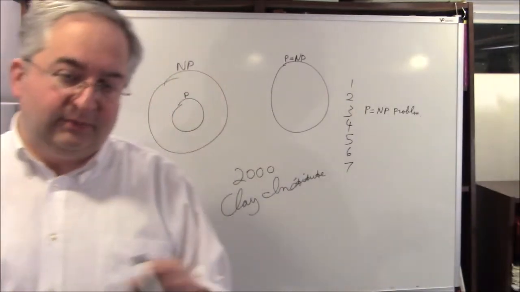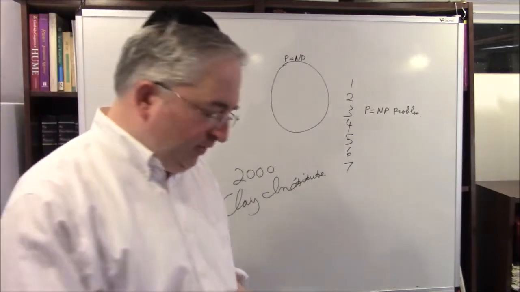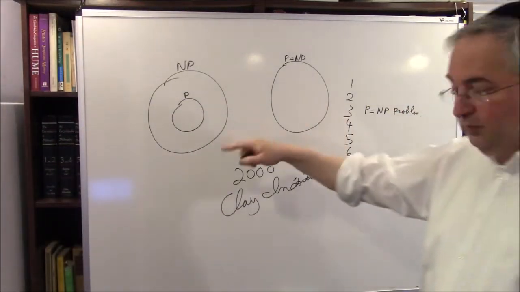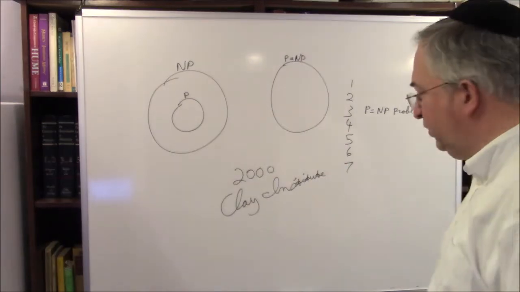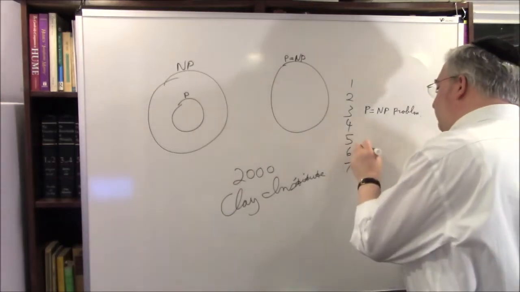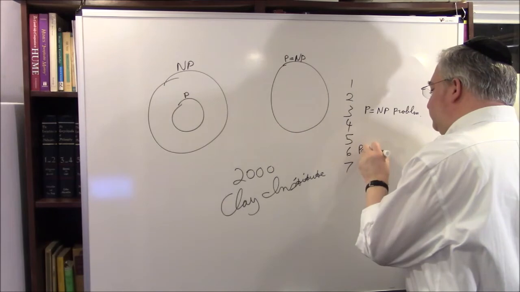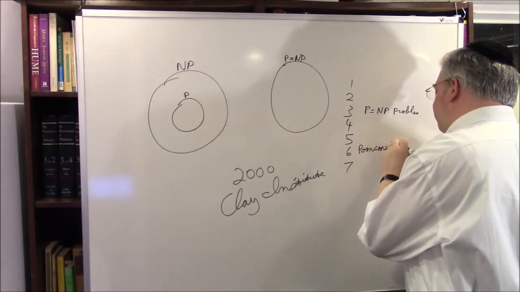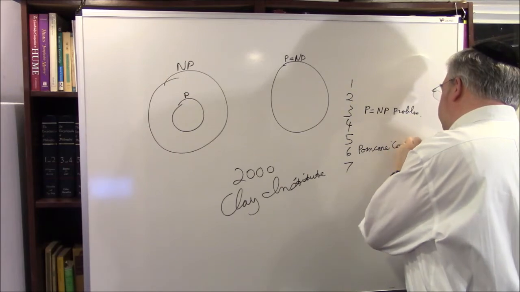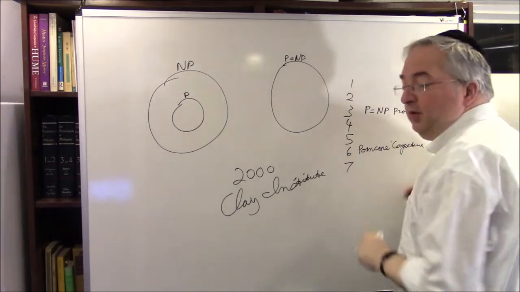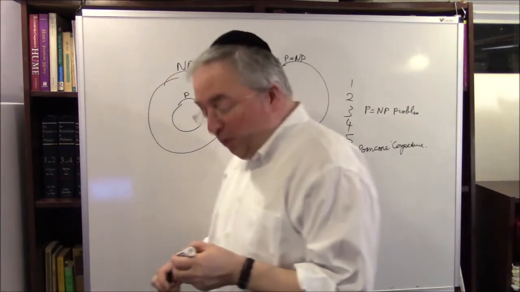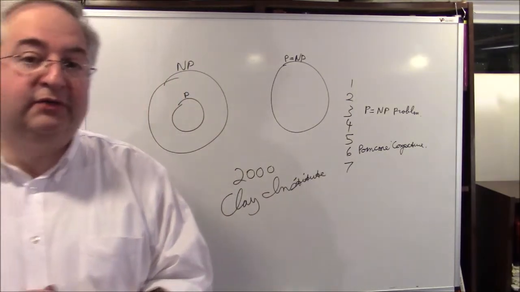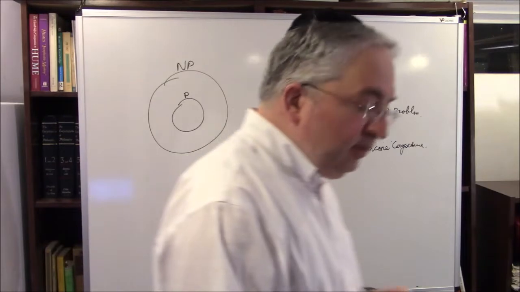In fact, I'll show you how to make $1 million. But before I show you how to make $1 million, so you have to do one of these two things, but I'll show you how to. Before I do it, there was one problem that was on this list called the Poincare conjecture, and that was solved. It was solved afterwards. The man who solved it, his name is Gregory Perelman,